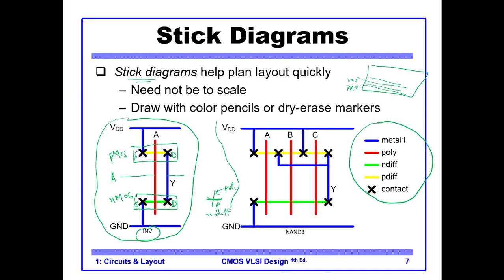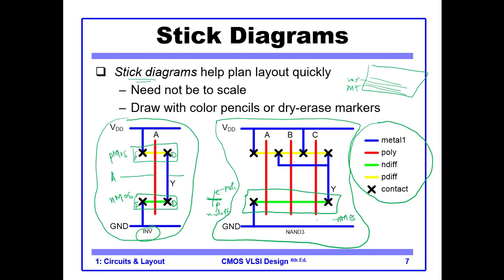Let's come to this one. What is this? So you see the green diffusion was for NMOS. So we have the NMOSes. How many NMOSes? 3. 1, 2, 3. The source of one NMOS is connected to ground. The drain of this is connected to the drain of this. Okay, and here we have 3 PMOS,